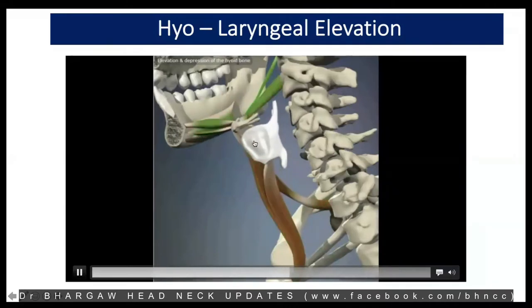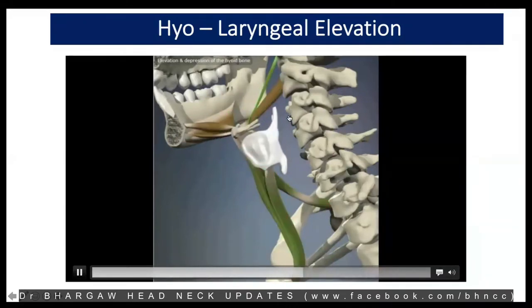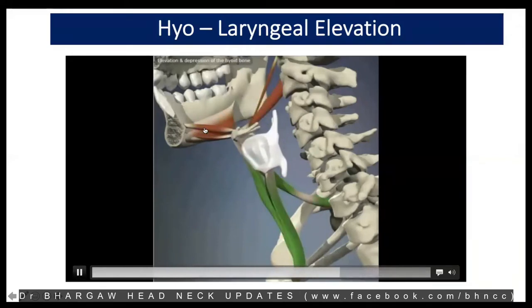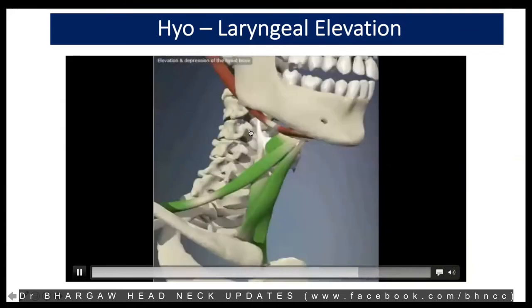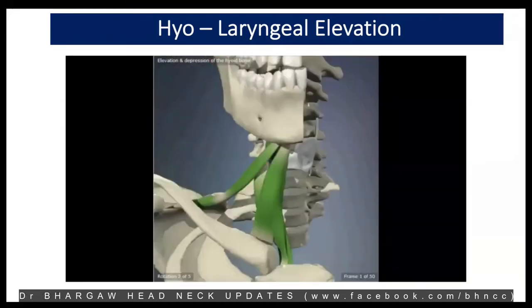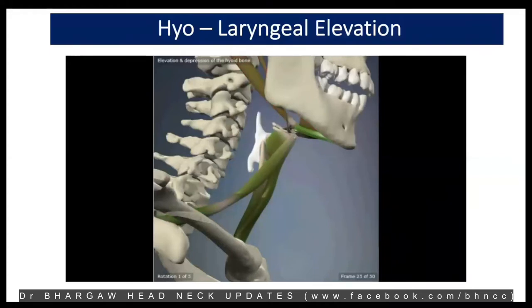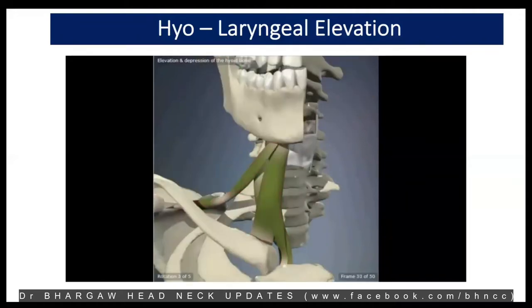So what happens is, when the food bolus starts coming posteriorly, the larynx gets elevated superiorly and anteriorly, and it literally gets tucked. The anterior part of the larynx gets tucked under the base of tongue, and this helps in protecting the laryngeal inlet to a certain extent. So hyolaryngeal elevation is very important, not only for head and neck cancer patients. It's also very important in patients who have neurological dysphagia.